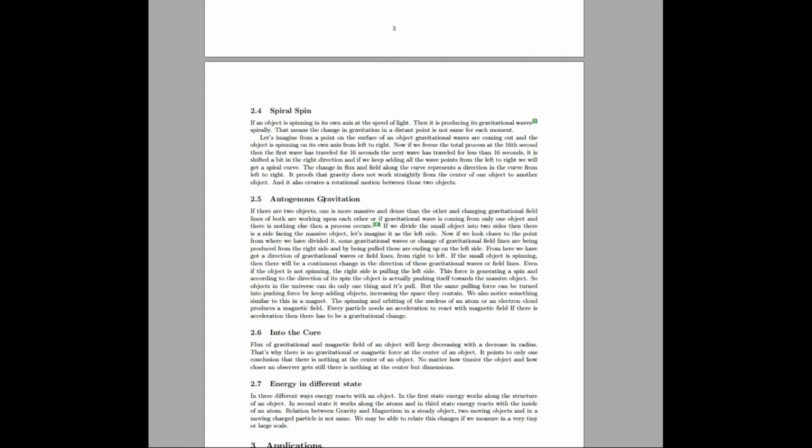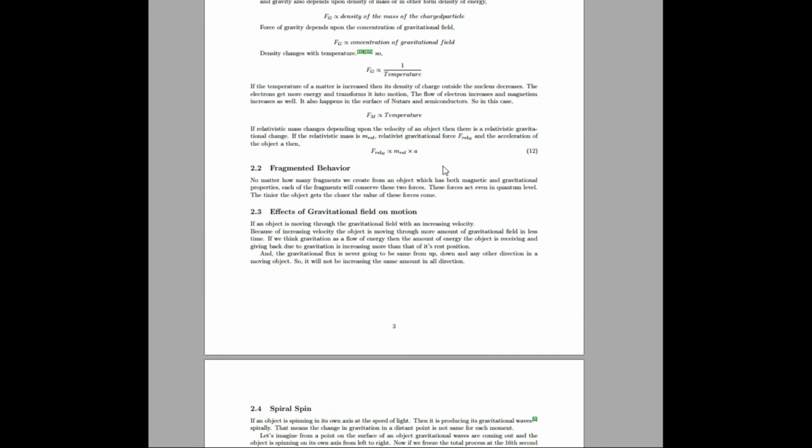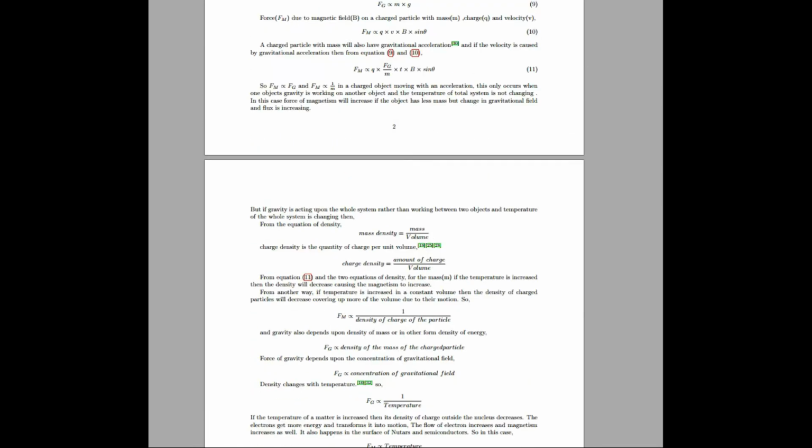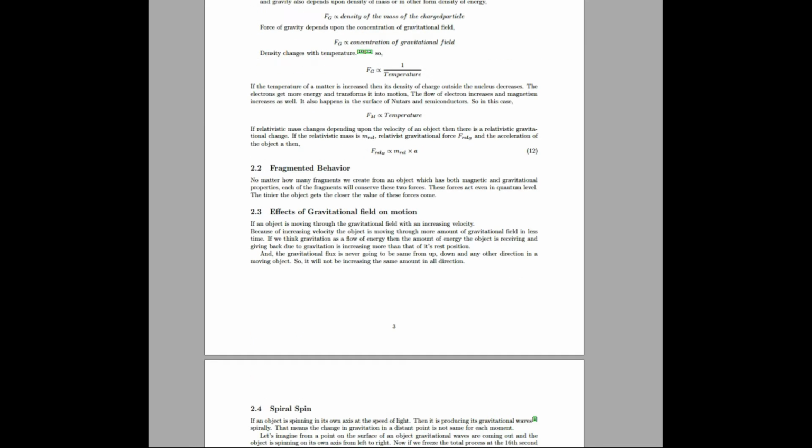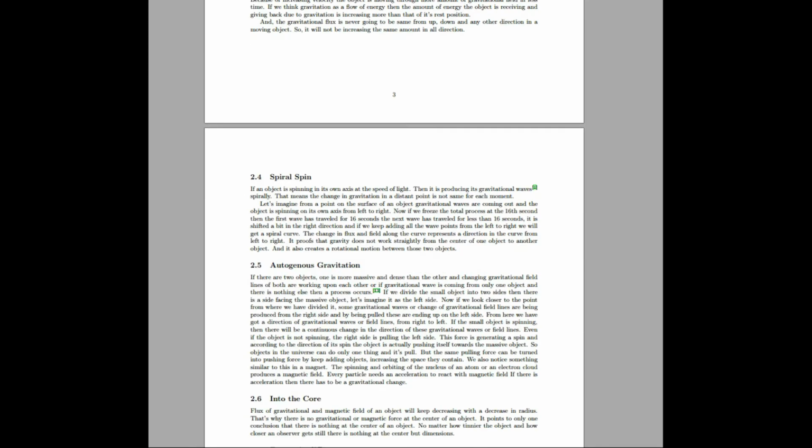The more the object moves, I stated it before. Spiral spin. The spiral spin is related to the sine theta I mentioned earlier. They will be changing angles, and they will be creating a spiral motion in the, what we say, space. So a small object is going to create a spiral motion due to a huge object being pulled